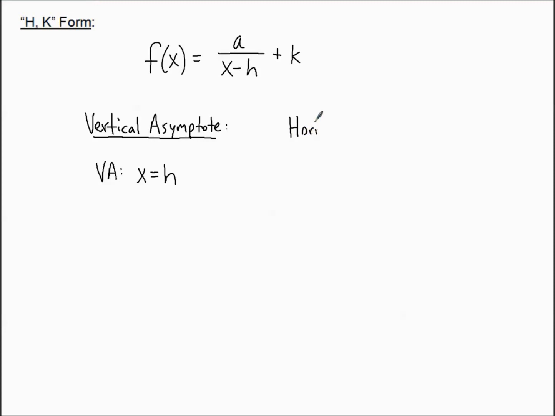A horizontal asymptote, that's going to be the value of k. And I'm going to label that with HA. And no, that's not because I made a joke. HA for horizontal asymptote, not ha. It's going to be the equation of a horizontal line, which is y equals whatever the value of k is. If you see a positive 3, it's 3. If you see a negative 3, it's negative 3. So it's just y equals whatever k is. When it's in HK form, it's pretty easy to find the equations of our asymptotes,